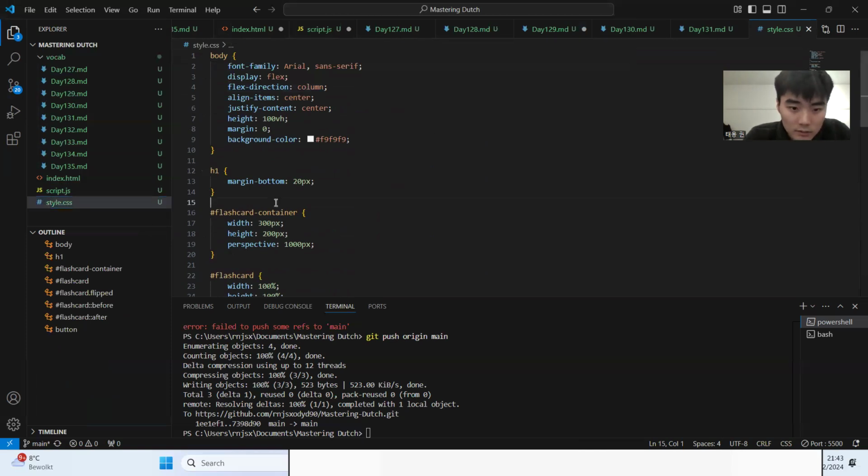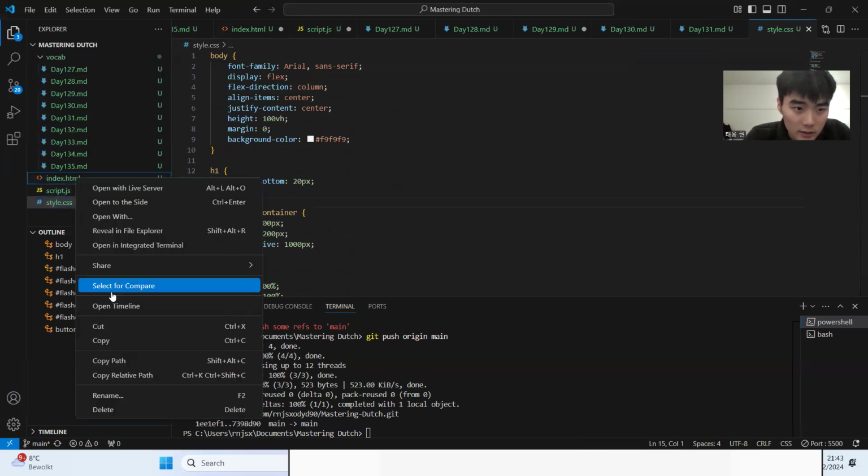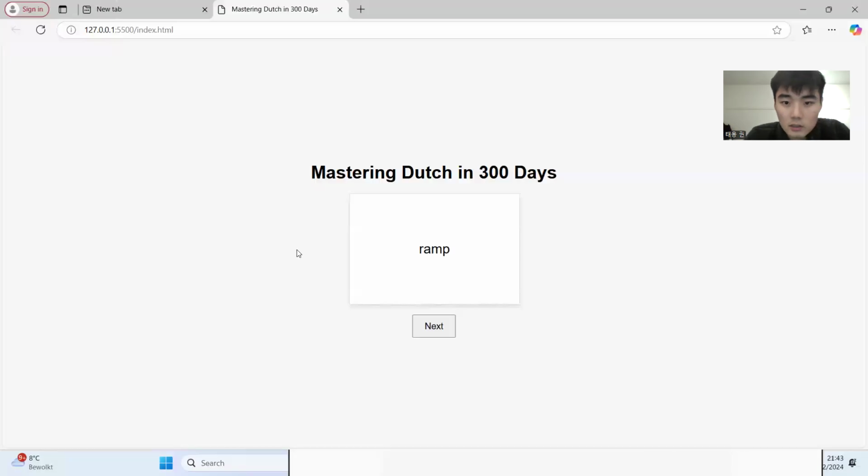I've installed the live server. So if we just run the index HTML and then, okay, so this is the current status, very crude, nothing's really added. If we try to press next, okay, it's not working. Let's see if it works.